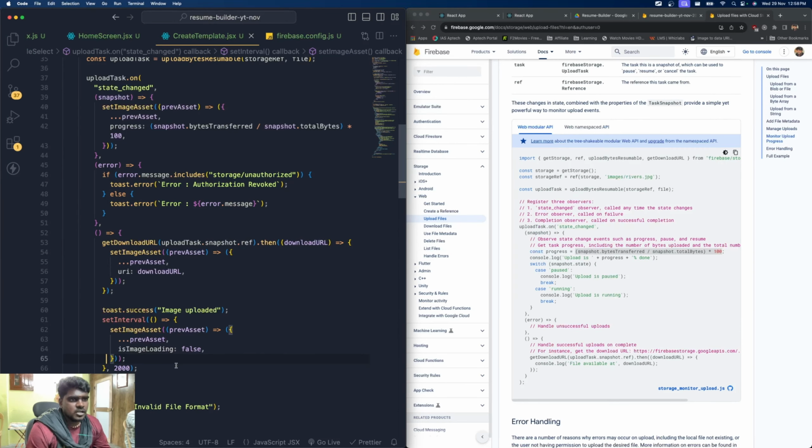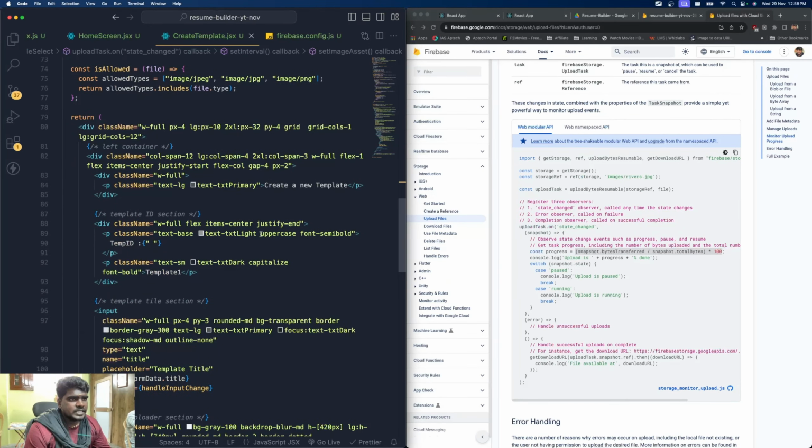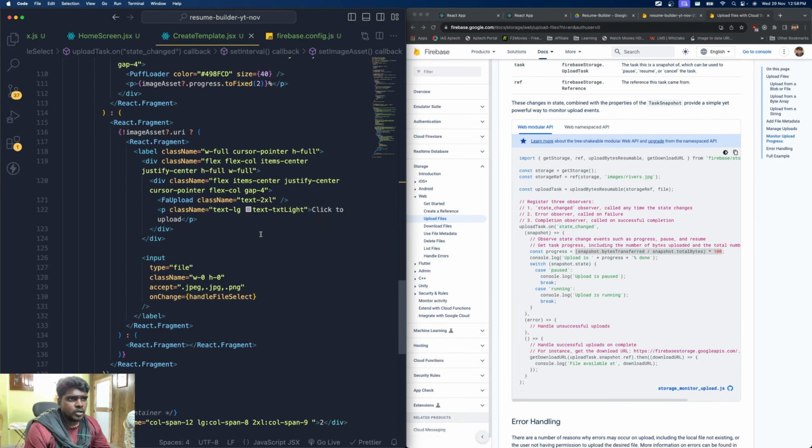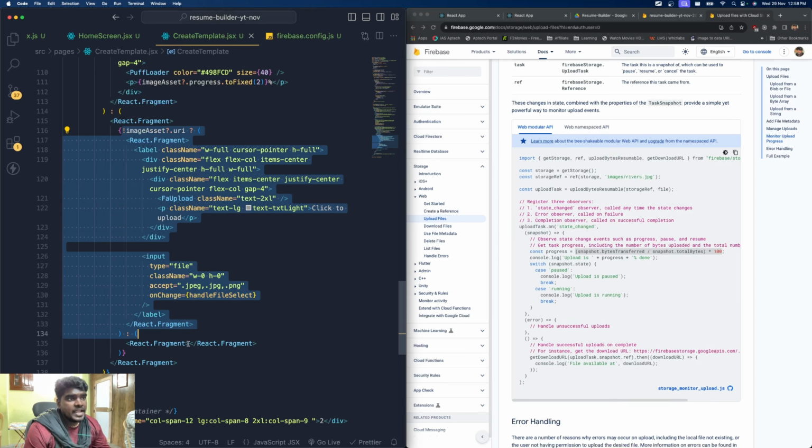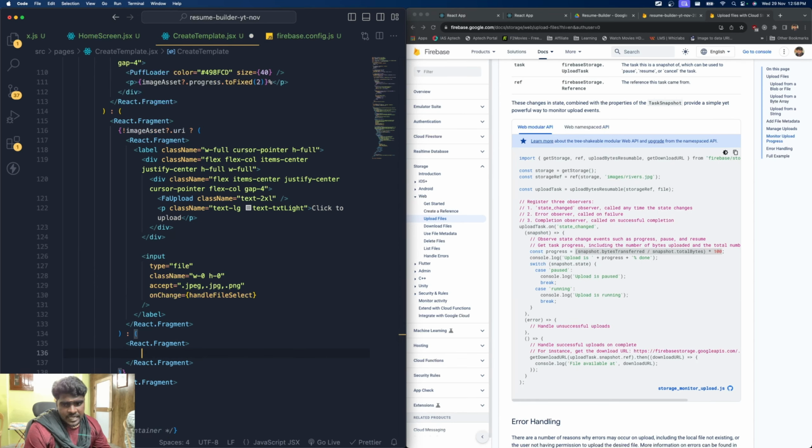Save the changes. All right. So cool. Now let's get back here. That code will work perfectly fine. So if there is no URI, this is going to be rendered. If there is a URI, that means if there is a URL to display an image, what we are supposed